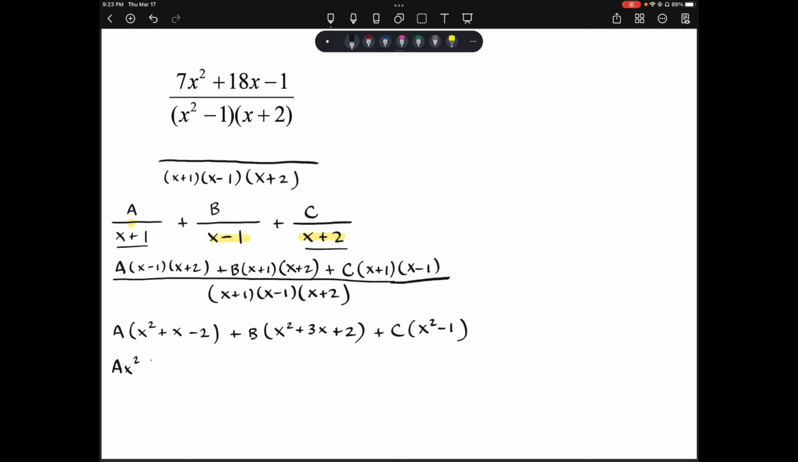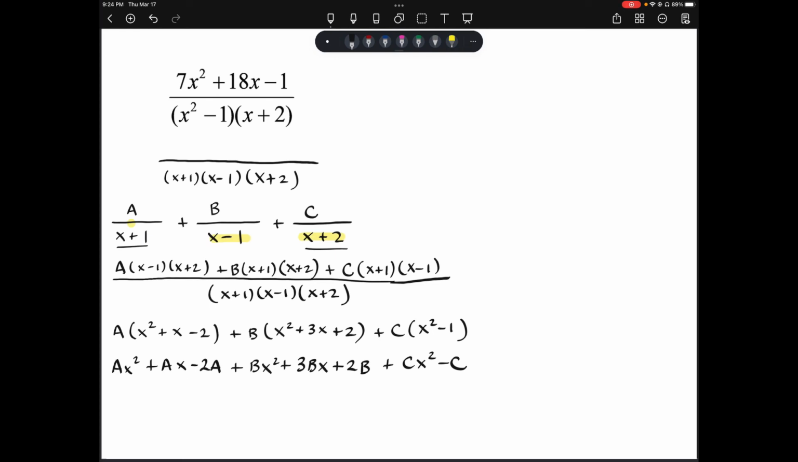Ax squared plus ax minus 2a, bx squared plus 3bx plus 2b, and then finally our cx squared minus c. So that's a pretty long expression. Hopefully you're keeping up. Remember, you can always pause the video, fast forward, rewind, do what you need to do. All right, so what we're going to do next here then is we are going to